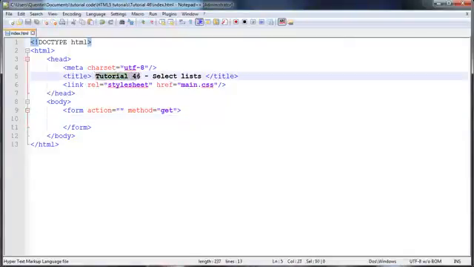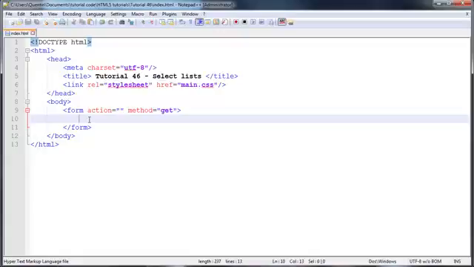It's Quentin here, and this is tutorial number 46, and in this tutorial we're going to be taking a look at select lists. You guys might know them as drop-down lists, but whatever they're called, they're the same thing. So let's go ahead now and actually add a select list onto our page, and the way we're